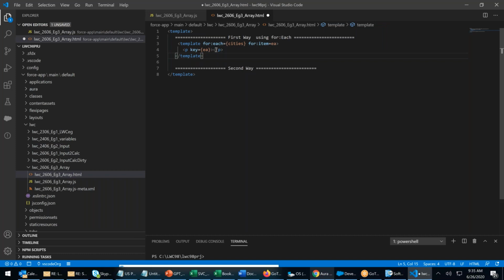Next, arrow. What is the value? EA. You remember the map? This looks like a map data type. Key value, and value is also EA.